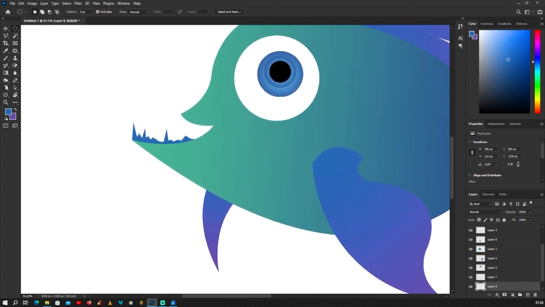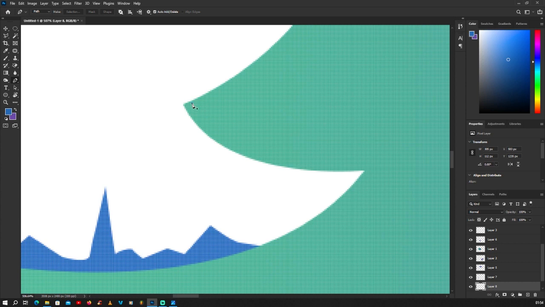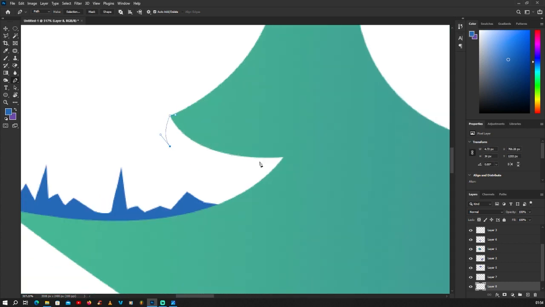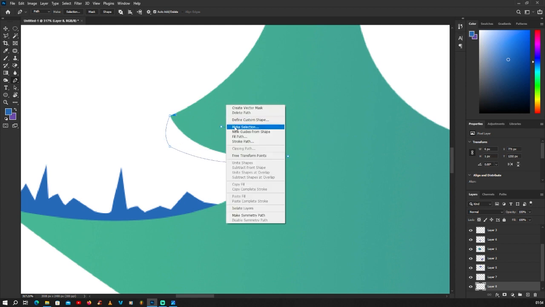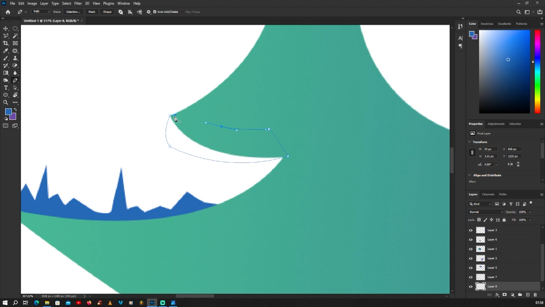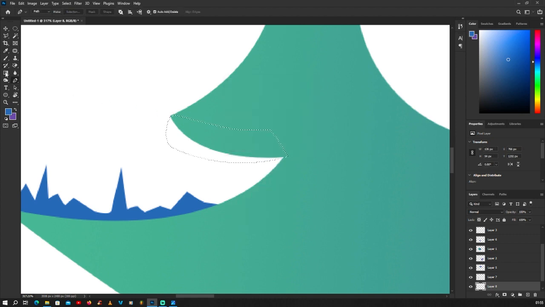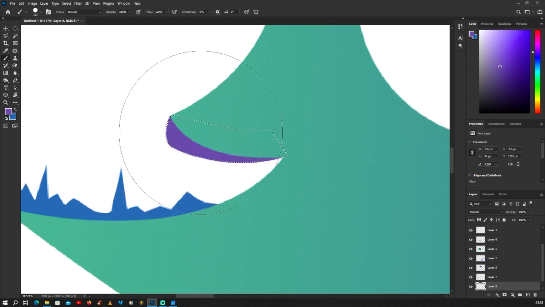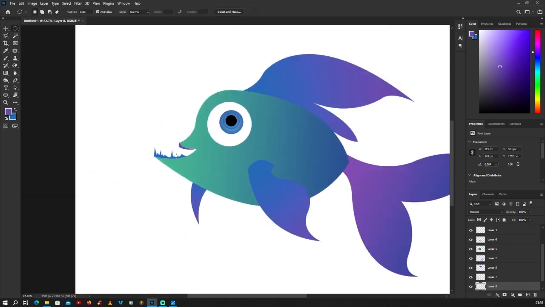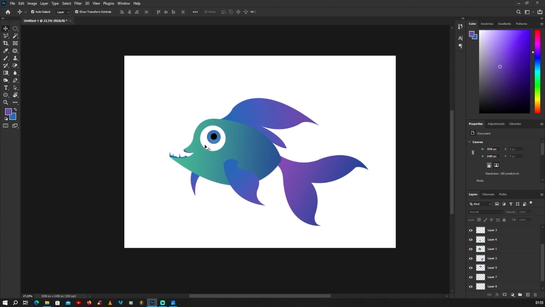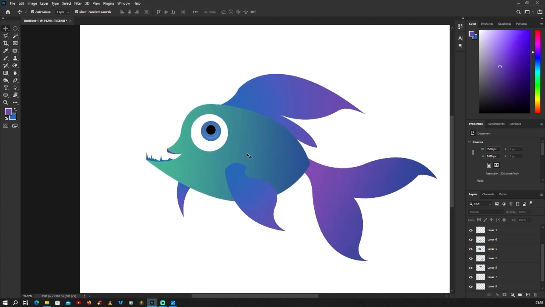then we come here, we get the pen tool, we come here, then click here, then here, then connect. I connect here, make selection, then I paint it, I can click here to switch these colors. So purple is up now, I shade with purple, so that's it. Now I'm going to put in some